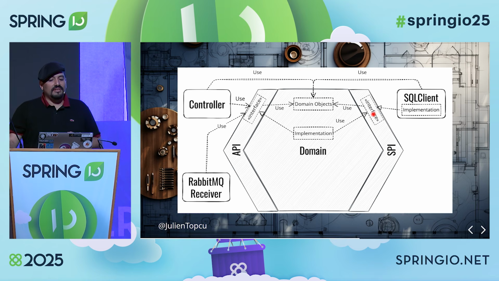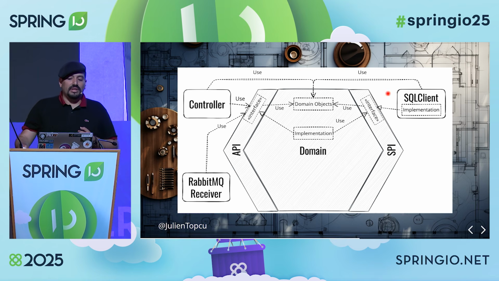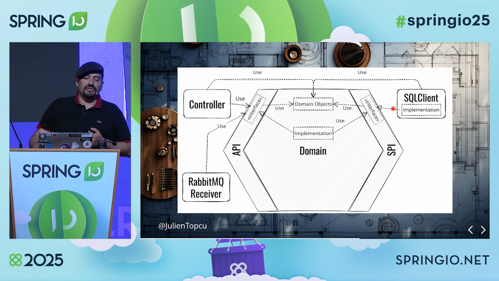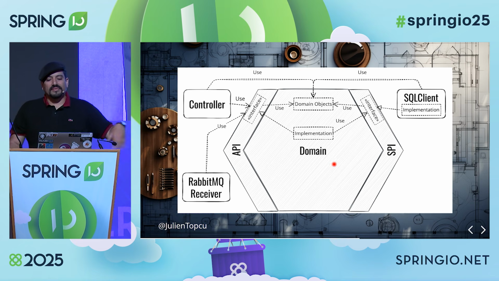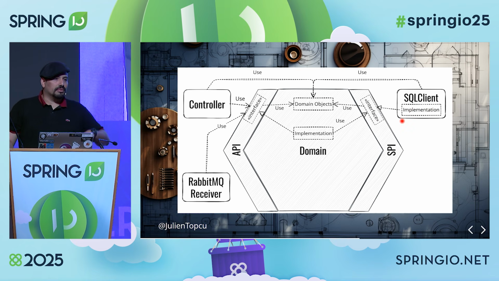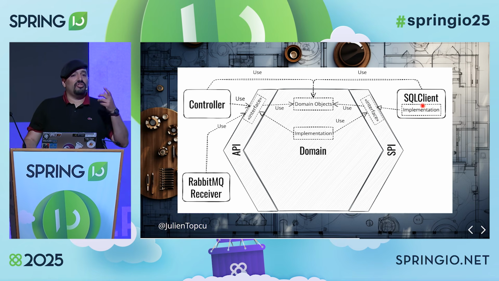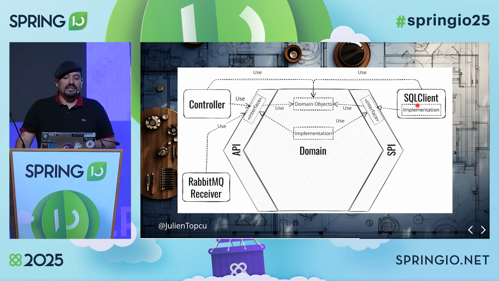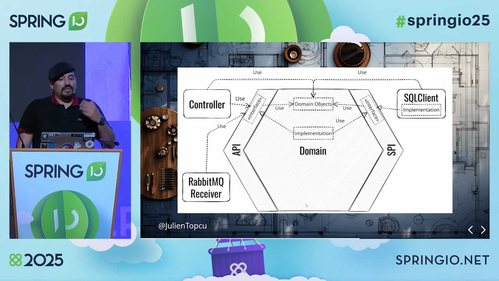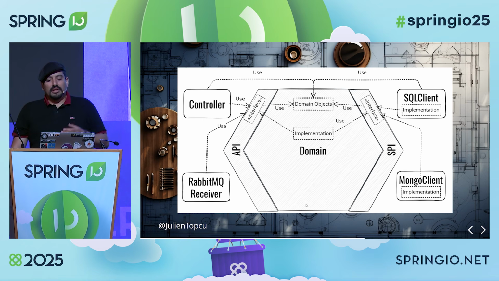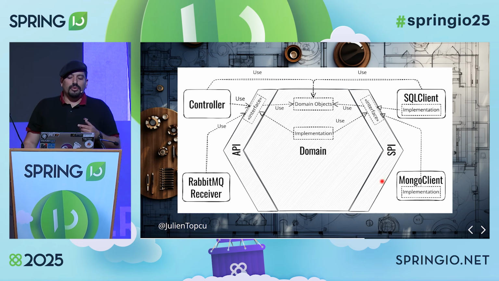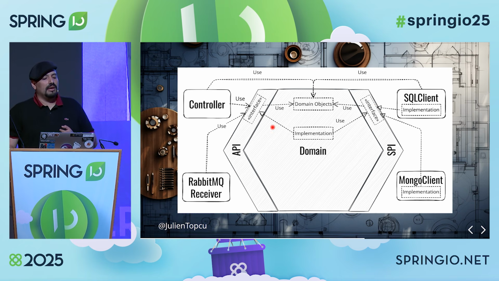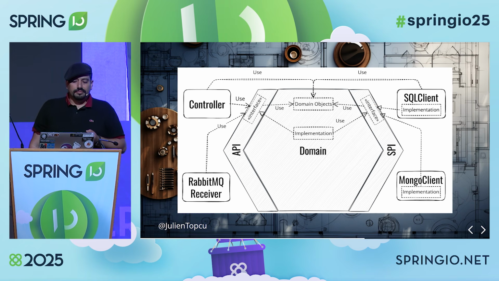And these interfaces only depend on domain objects as well, to avoid any possible contamination from the right side here of the hexagon. So the SQL client here implements that interface, and anything related to ORMs or Hibernate, Entity Manager, SQL requests, SQL-shaped classes will remain here in the SQL client. So then if you need to change database technology, you'd only have to create here a Mongo client, for example, that has to implement that interface without having to change the domain or the controller layer.